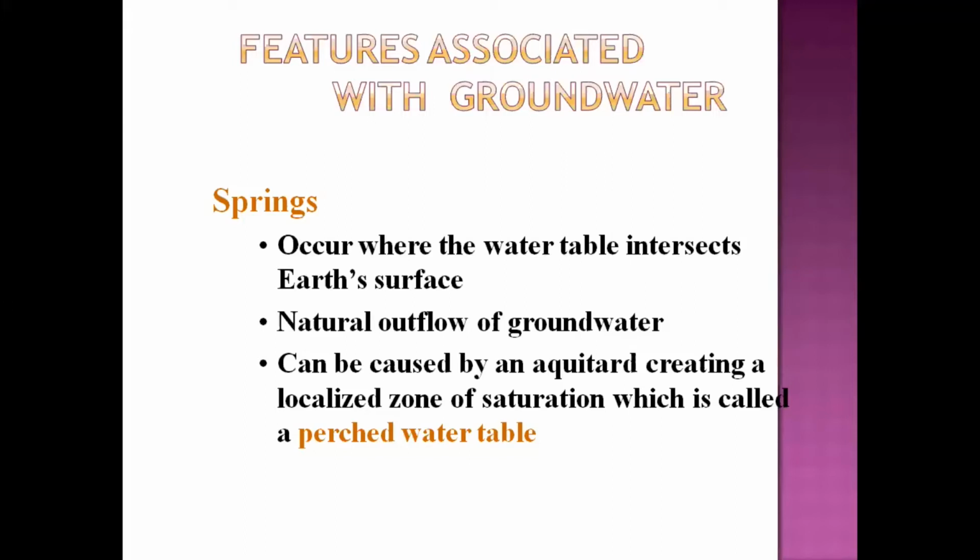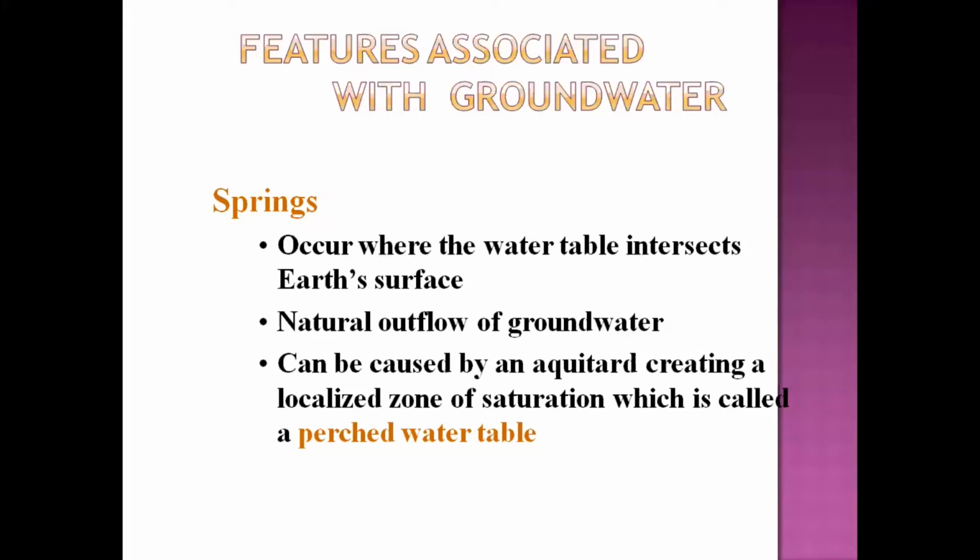Sometimes at places where we have the mountainous areas intersected with the plain areas, on those locations the groundwater intersects the earth surface, and the groundwater comes to the surface. We call these features springs or natural springs,